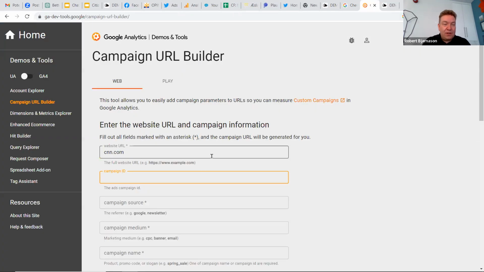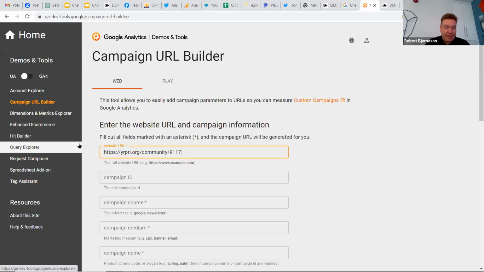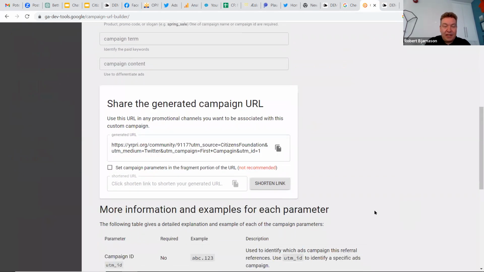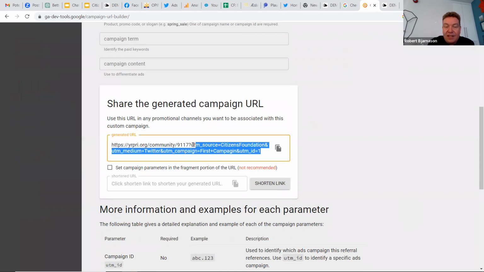yrpri.org/community. I can also go into this campaign URL builder here, and I can put in, this is my URL, and my campaign ID is this one. What's the campaign source? Citizens Foundation. What's the campaign medium? We're going to have it on Twitter. Campaign name is first campaign, like that. And the only thing this tool does for me is it creates those links here, which has this